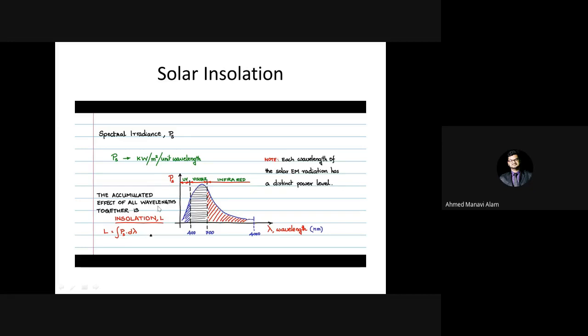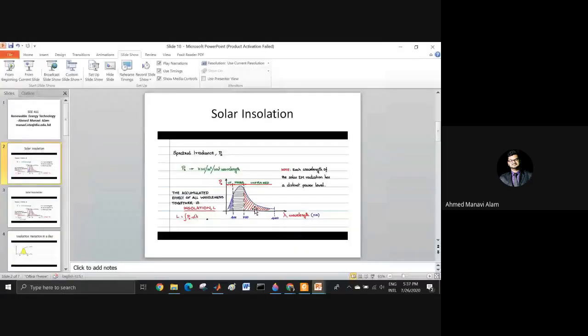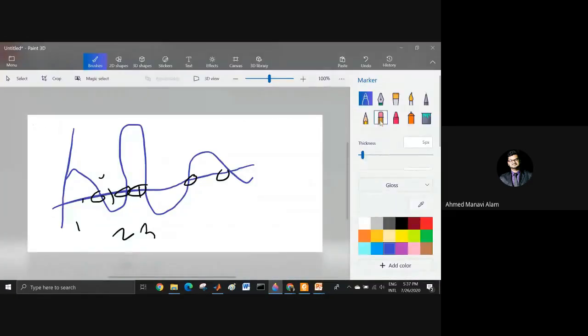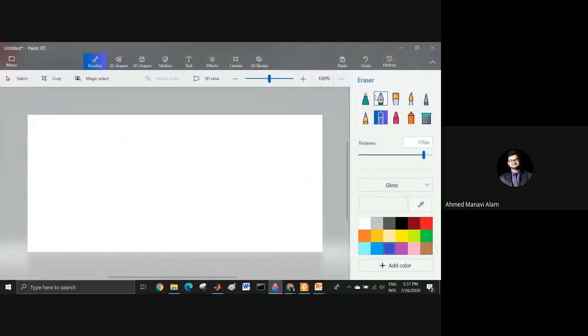So, the accumulated effect of all wavelengths together is insolation L. This graph is for unit wavelength. Now what they have done here, they have taken the area underneath it. By taking the area underneath it, we are getting the total insolation power, solar insolation L. That is why they integrate, meaning they take the smaller values and add them up. If you see here, যদি এখানে দেখেন, suppose first I am